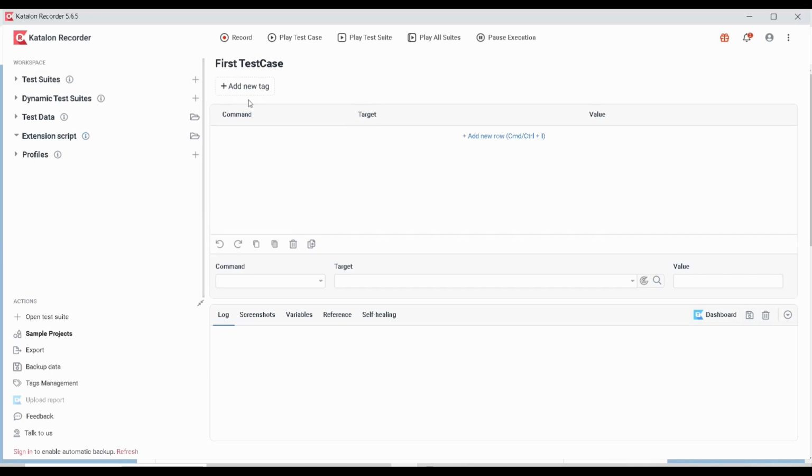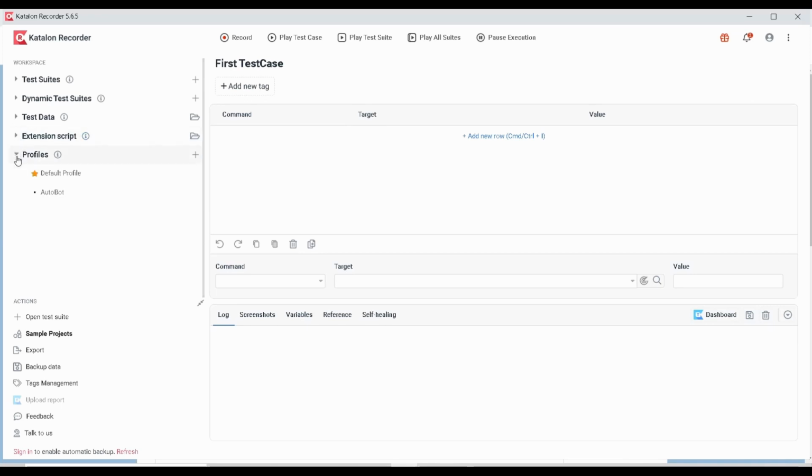Even if you record, it will be using the commands which are available in Katalon. Suppose I click on this, you can see multiple commands which are offered by Katalon. If you want to add some customized command by yourself, you can go with this extension script. We can deep dive into all these features one by one in other videos.